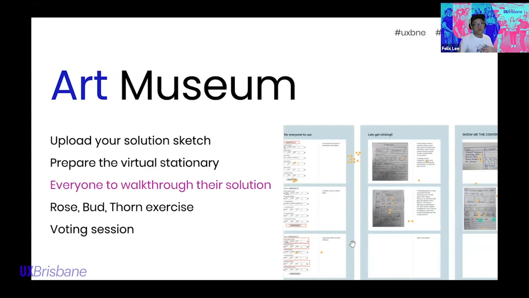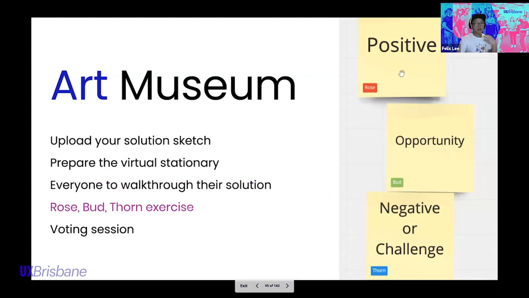And while the person is walking through the idea, everyone else should do this exercise, which is called Rose, Bud, Thorn. Looking at this screenshot from Miro, you use sticky notes, and if you want to tag them with Rose, Bud, Thorn, that's great as well. So what is a Rose, Bud, Thorn exercise? A rose is a positive. So anything that you see that is something we haven't really thought about, or that would actually help with your campaign, like when we talk about the right people, the different angles coming in, like, hey, this would actually help if we make this a campaign sort of thing. But as an opportunity, we haven't actually tried this before.